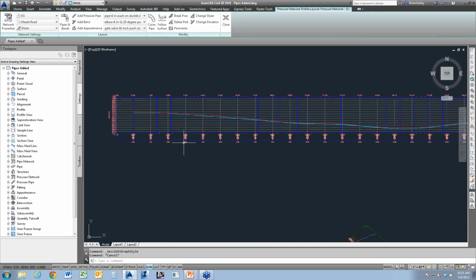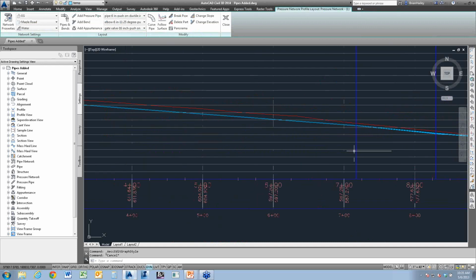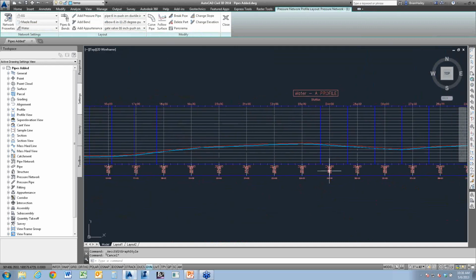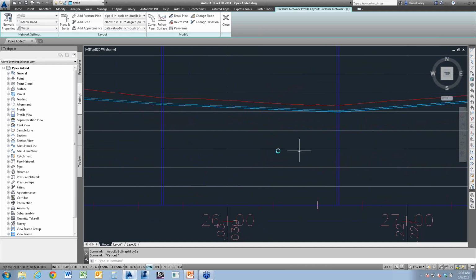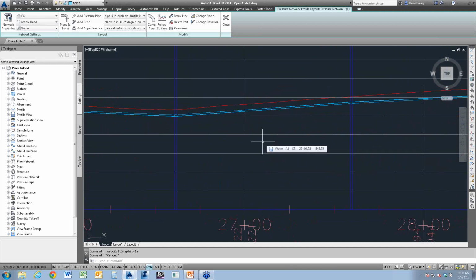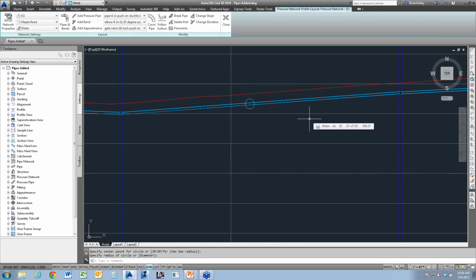So I've lost all the exaggeration here. Right, let's see. Let's do this one here. Right here, I've got an issue. What's my issue? I have another utility right there. I can't move this utility. It's a 64-inch natural gas pipeline. I don't know, I'm making something up here. But it's something that we need to go around.